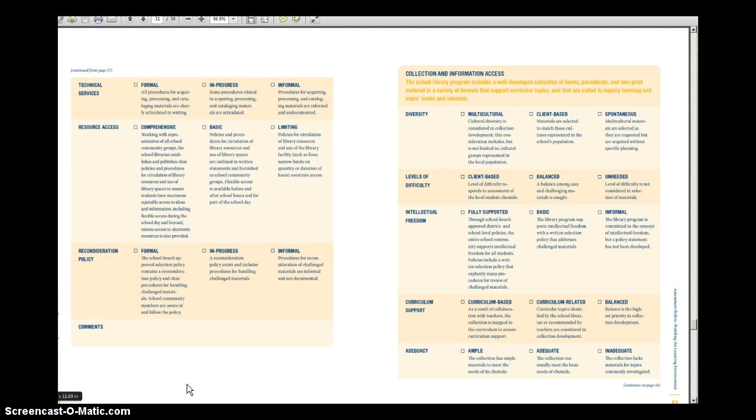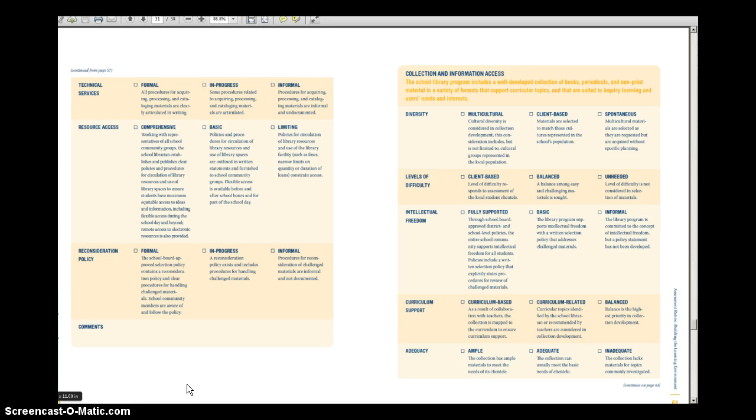The two areas that I'd like for us to look at here on these pages are resource access and intellectual freedom. In thinking of providing resources in your school and providing access to those resources, would your policies be limiting? Would they be basic? Or would they be comprehensive, where you have established and published clear policies and procedures for